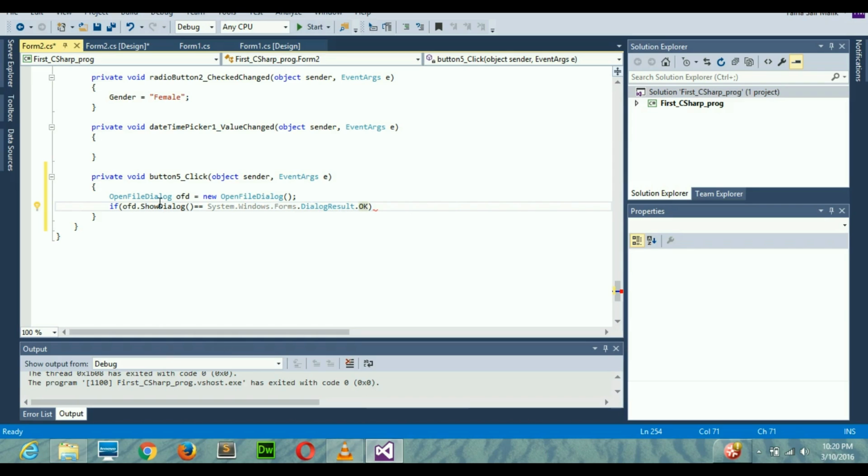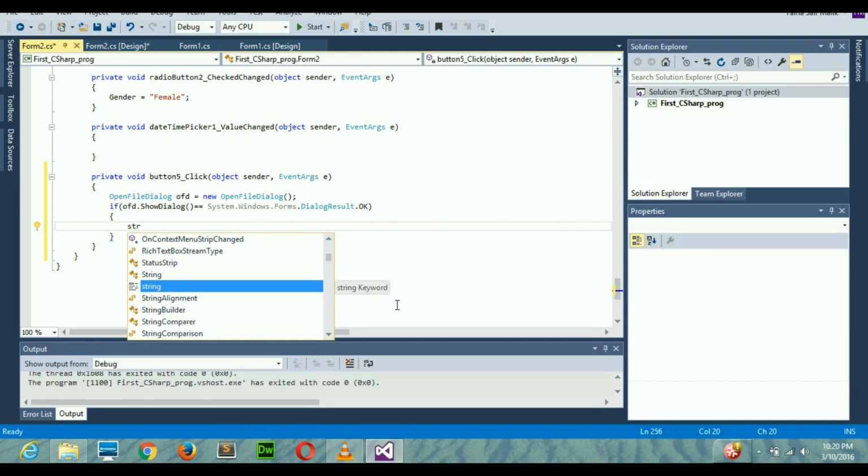So what this line will do is check whether this dialog, related to this variable, results in something. If it is OK, speaking generally, if something is selected, then